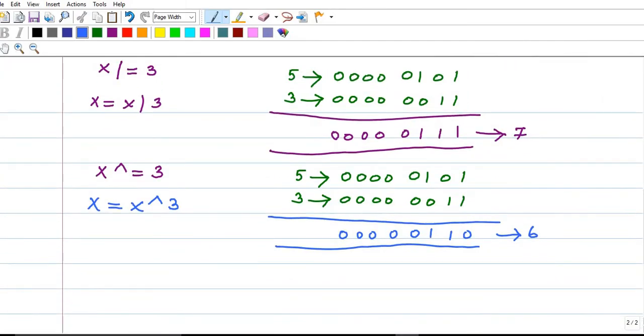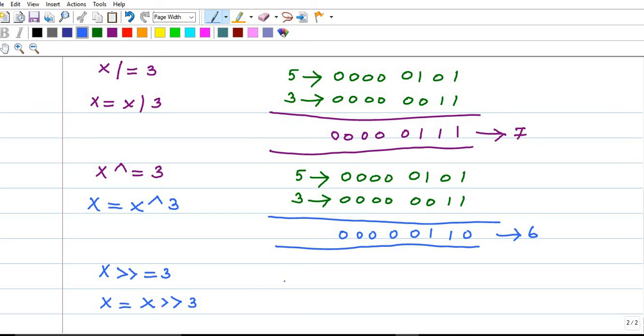So we can also do right shift and left shift. Then we can do the assignment. It's something like this: x greater than greater than is equal to 3. What I'm going to do is right shift x by 3 bits, then that is assigned to x.